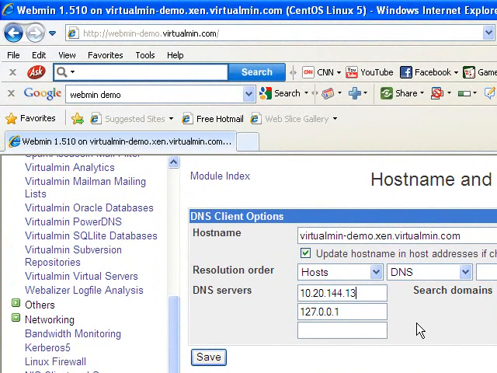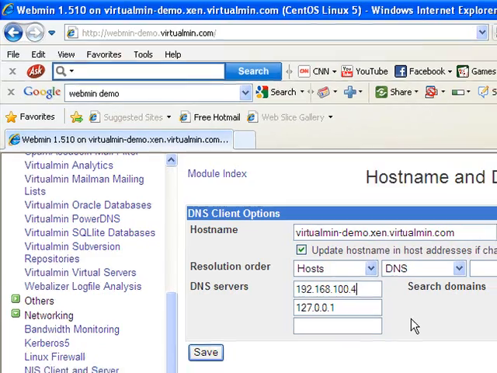add 192.168.100.4 into DNS servers, because now for your web server the DNS server is the same machine on which web server is hosted, on which mail server is hosted.